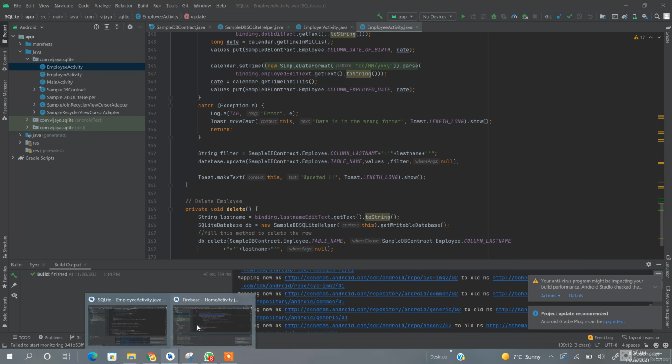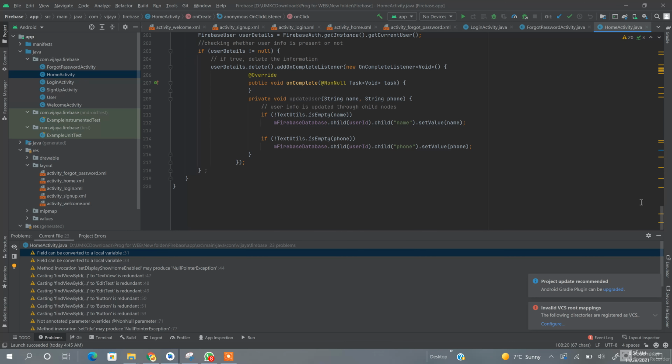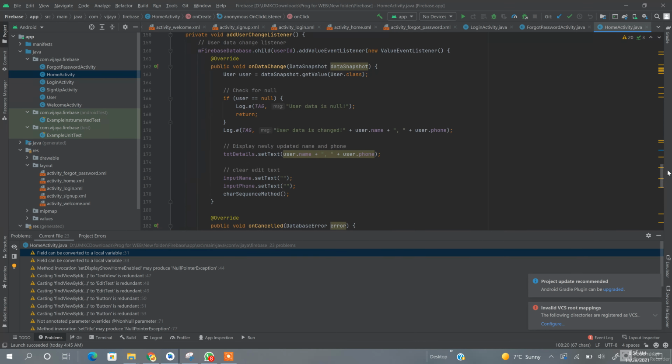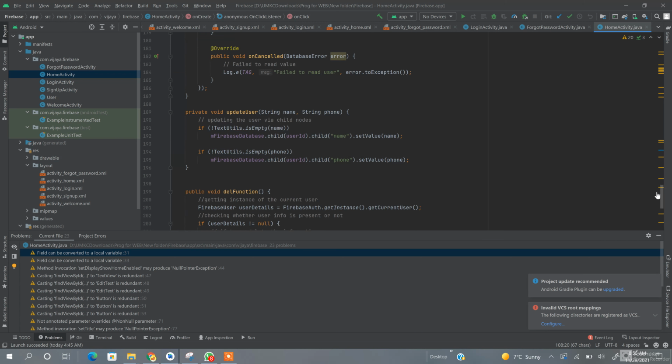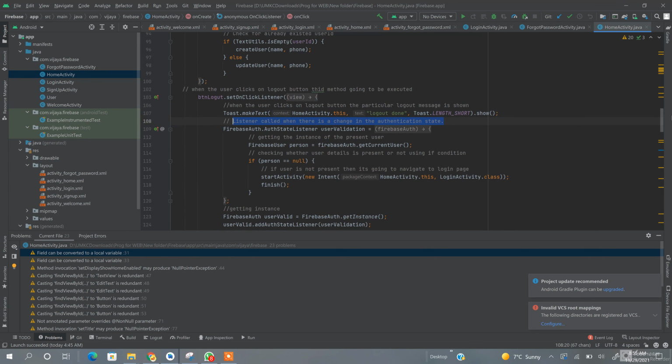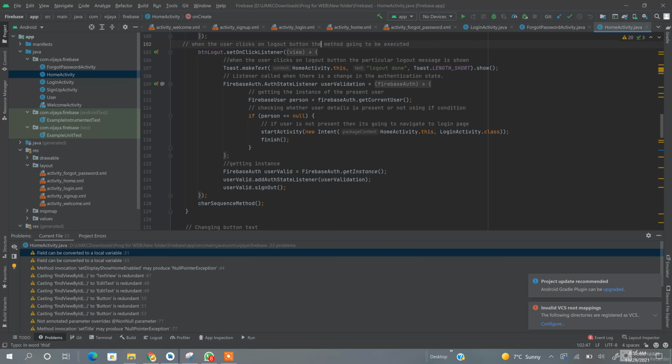And coming to Firebase, here we need to perform logout and delete functionality. Coming to logout functionality, when the user clicks on this particular logout button, using setOnClickListener, this particular method is going to be executed and a toast pops up with the logout message.